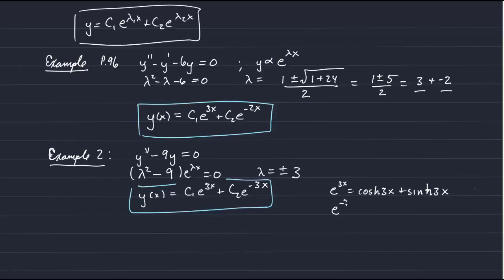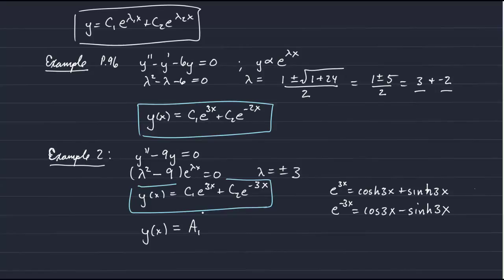And e to the minus 3x is equal to cosh 3x minus sinh 3x. And if we substitute these into our general solution, we will get